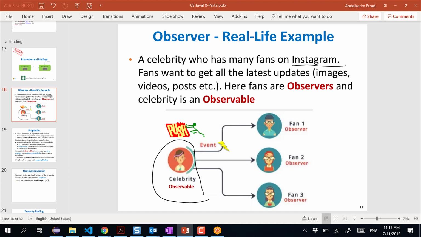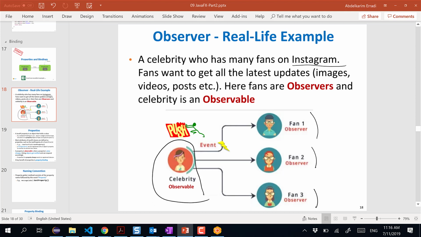And then they have some fans that are following them. And whenever there is a new update coming from the celebrity, all the fans will get notified and they can access these photos or videos or messages that the celebrity